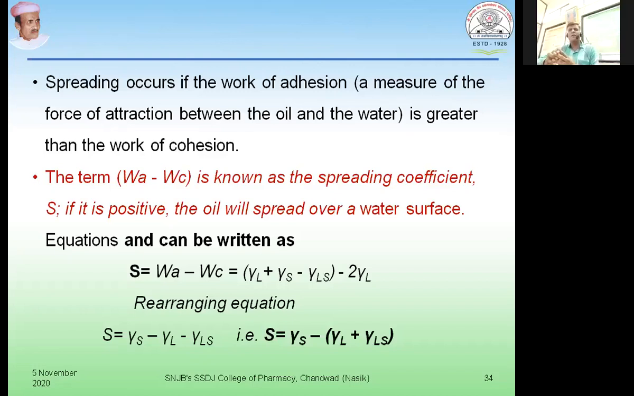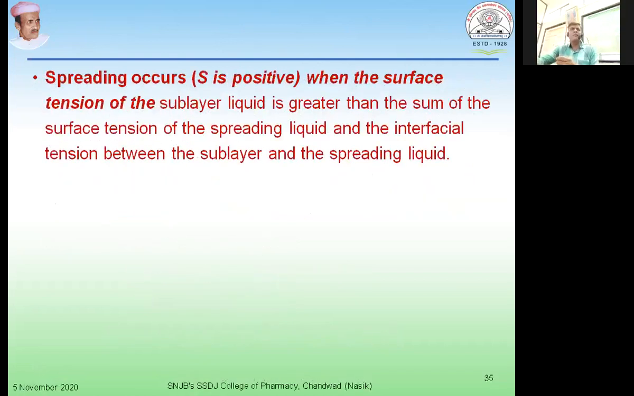So if we want the spreading liquid to spread over the sublayer liquid uniformly, forming a film or ring, then for sure we need to have the surface tension of the sublayer liquid higher than the surface tension of the spreading liquid and the interfacial tension that exists between spreading and sublayer liquid. So S is positive when the surface tension of the sublayer liquid is greater than the surface tension of the spreading liquid along with the